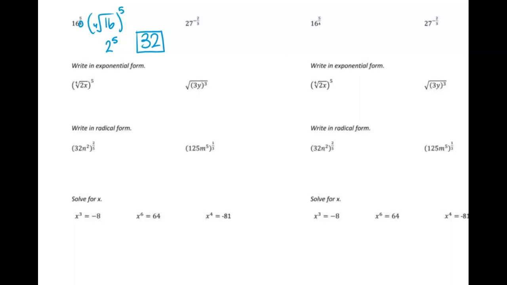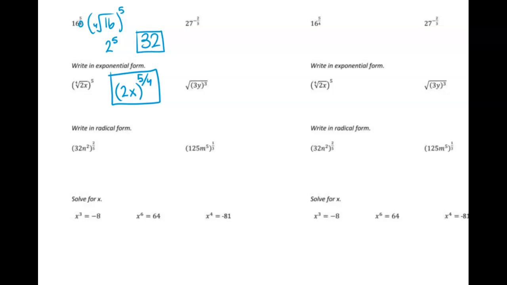Exponential form, basically it's whatever's on the inside, so 2x in this case, and then it's exponent over root, so 5/4. Radical form,